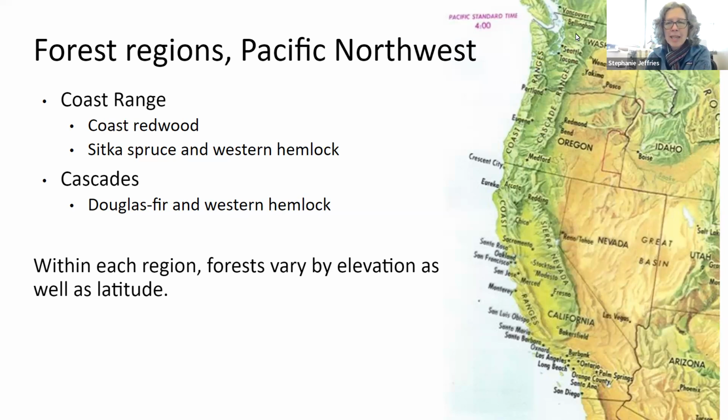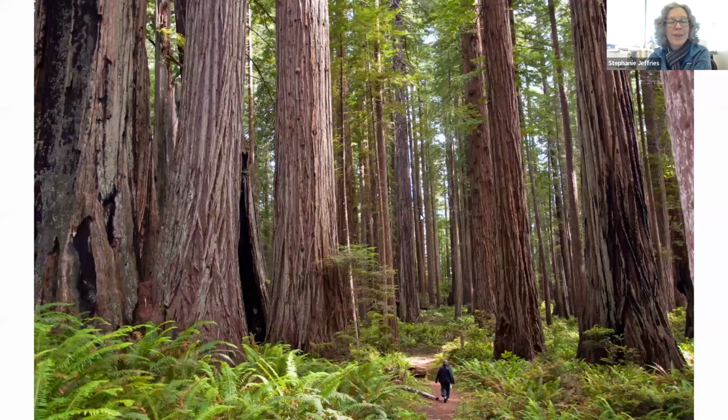And of course, as you might expect, these forest types vary by elevation. So we're going to be very broad brush in our approach today in characterizing these forests. So first photo, right? This is a forest that I have personally not seen, but I hope to one day. This is a coast redwood forest, and you can see the person is really important here for scale